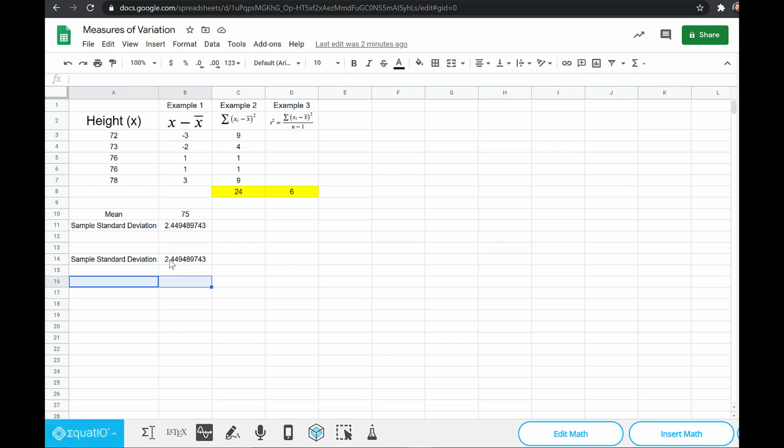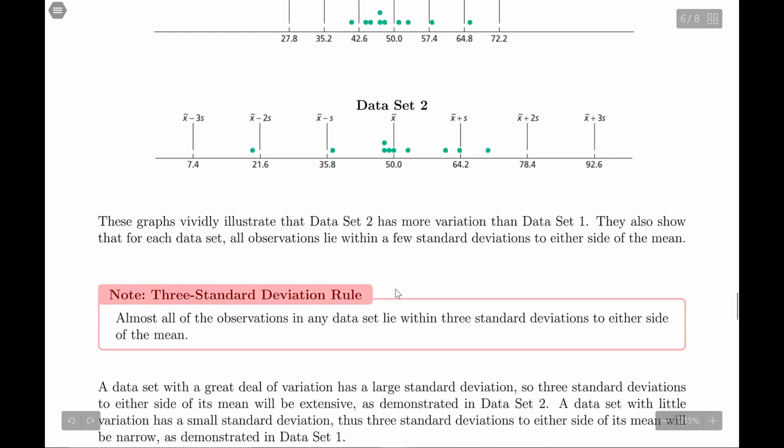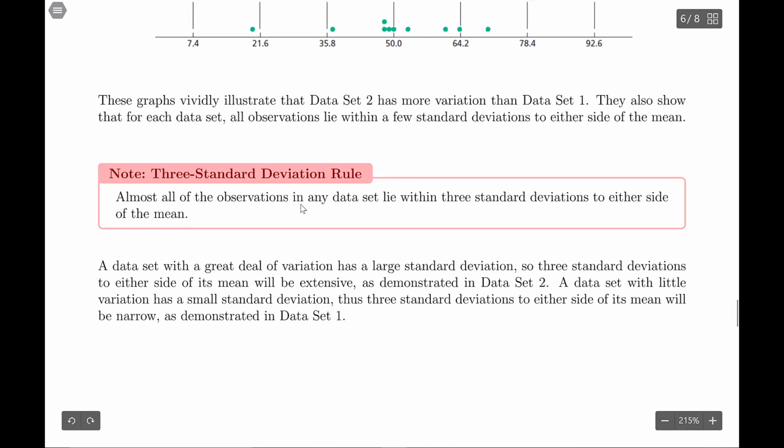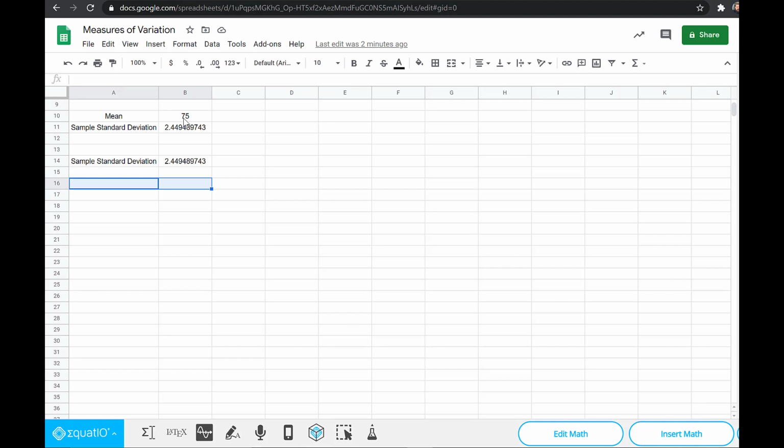Let's look at the 3 standard deviation rule. That's back on our notes. Almost all of your observations in any set of data lie within 3 standard deviations to either side of the mean. So in our example for the heights, the standard deviation is 2.4 inches. The mean is 75 inches. So we would have 75 inches in the middle. We would add 2.4 inches to the right, and that takes us to 77.4. We would subtract 2.4 inches from the 75, and that would take us 1 standard deviation to the left, and we'd have 72.6. So let me draw a picture for you,